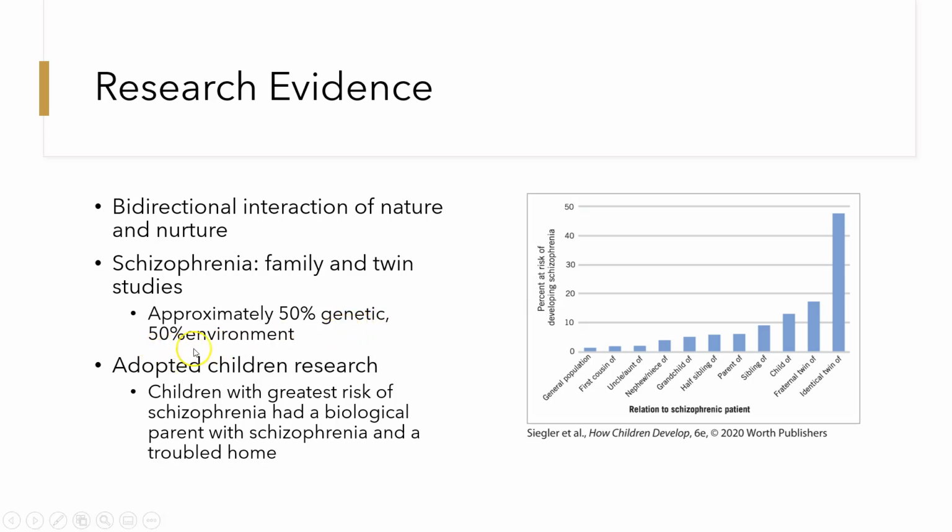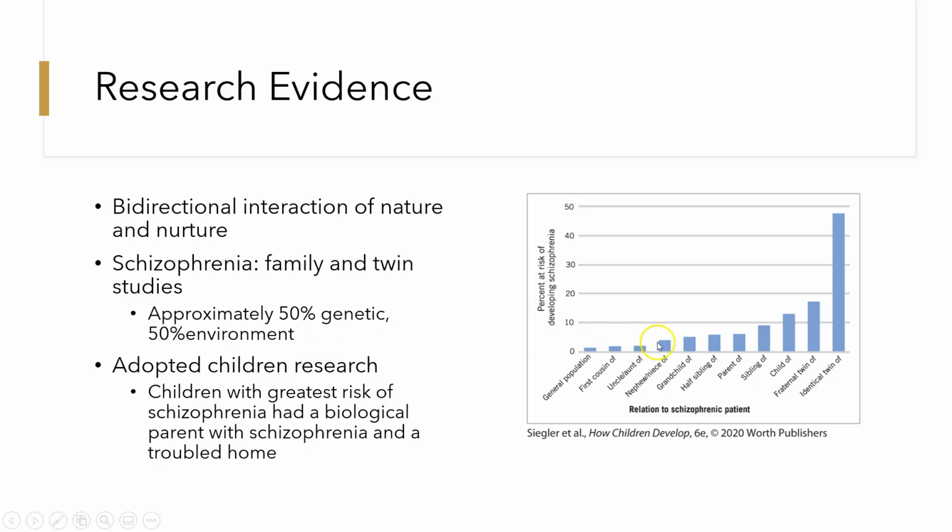But the other 50% of whether somebody develops schizophrenia is environmental, that not everyone who's born with this genetic predisposition will end up developing schizophrenia. In fact, about 50% do, and 50% don't, and that must be due to the environment. It could be that there's a stressful environment, or an illness, or use of drugs, something that triggers those genes to then lead to the development of